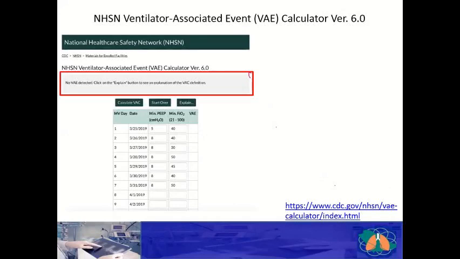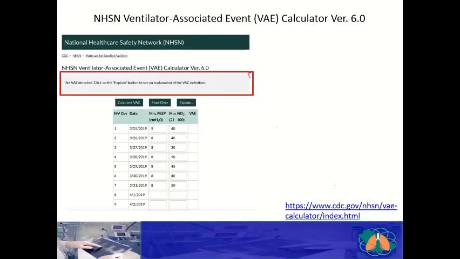So I used the same data and inserted it in the calculator, and it gave me this message in red, which is no VAE detected. Click on the explain button. So the calculator confirmed the team's finding here that this is not VAC. It was documented